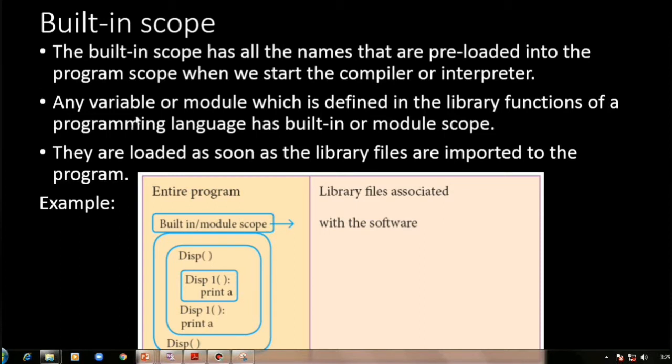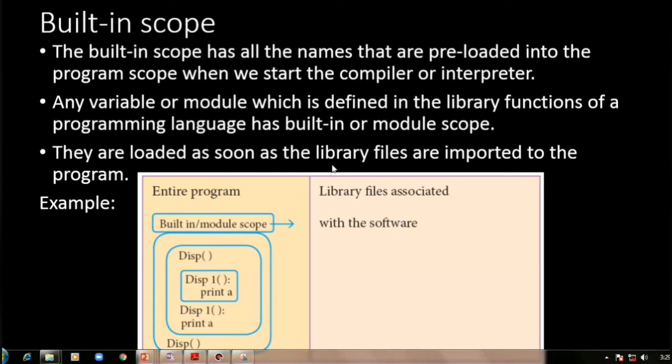See this one, any variable or module which is defined in the library functions of your programming language is built-in or module scope. Already existing values or variables are stored in your compiler or interpreter, and if you want to include them in your source code, then we can use a built-in scope.